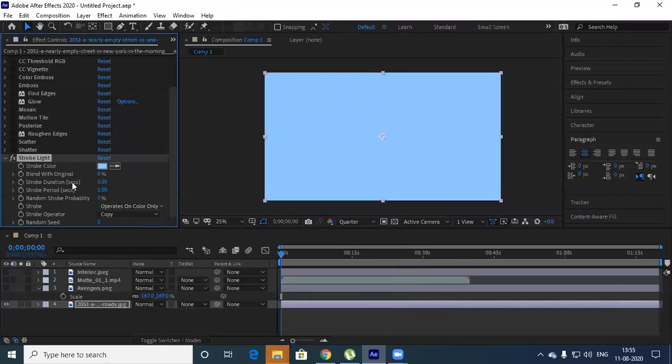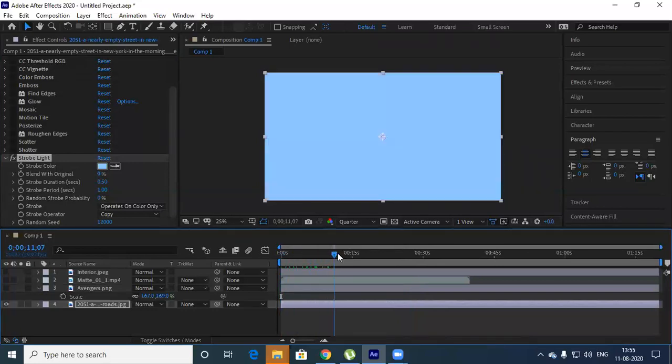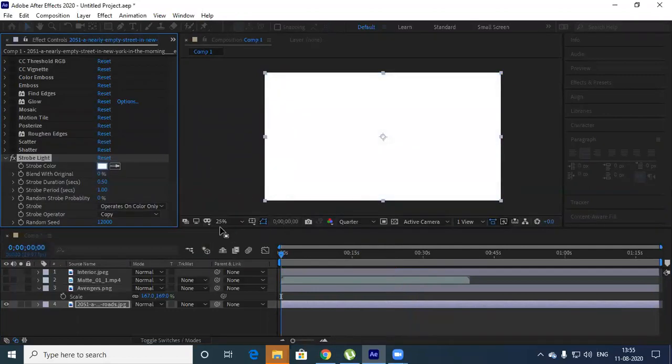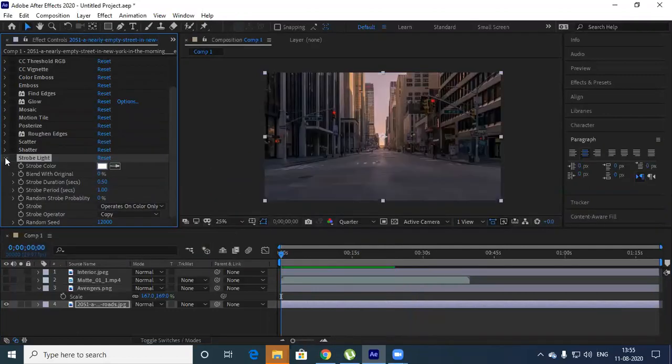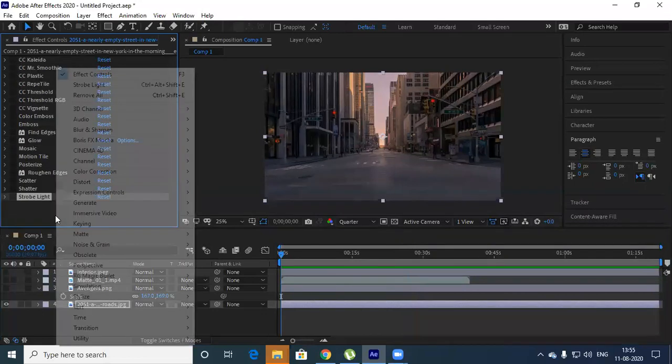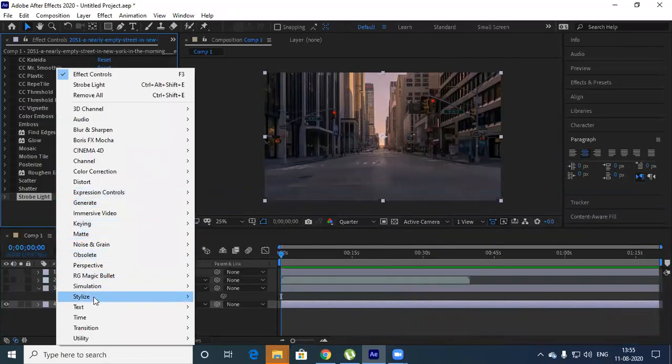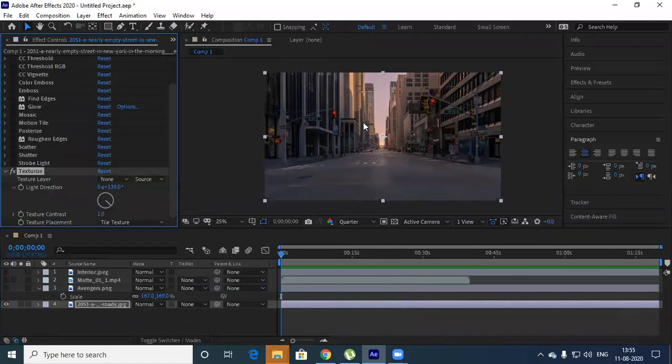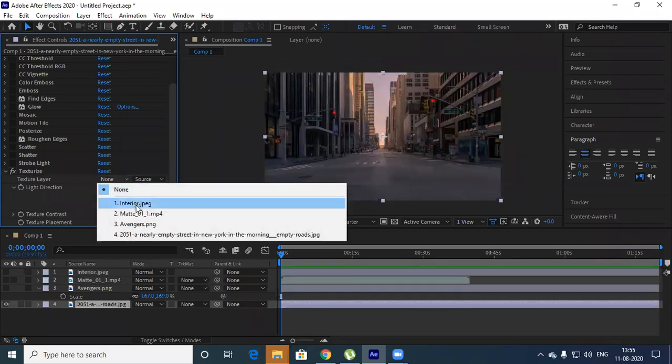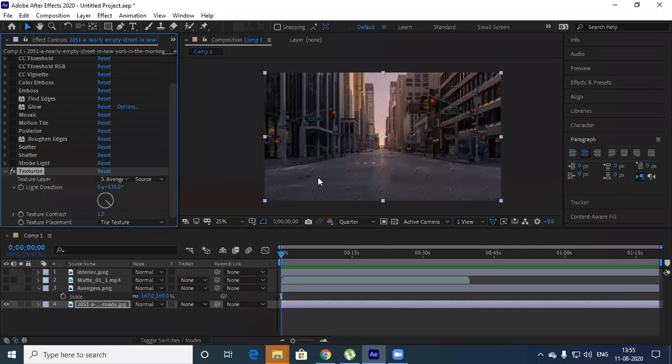Duration also you can change here. So random seed, you can increase more seed. Seed is nothing but this is how you'll get the number of flickers. Okay, so just try. This is a strobe light, a kind of flickering effect you will be getting. So then under stylize, I'll go to texturize. This kind of texture effect you can get. What texture can you apply? Tile texture. So I'll go with this kind of style.